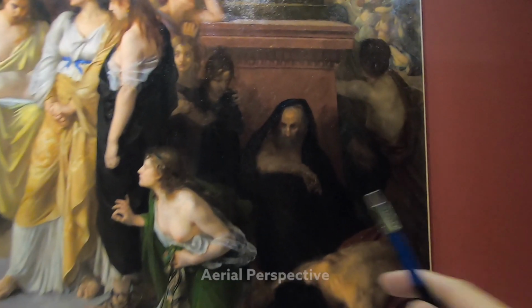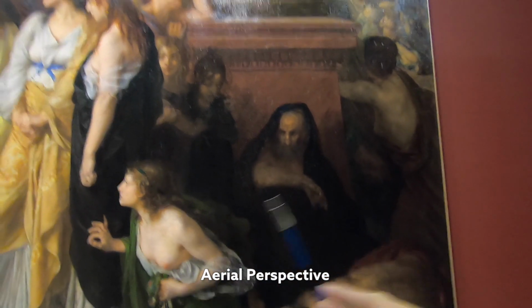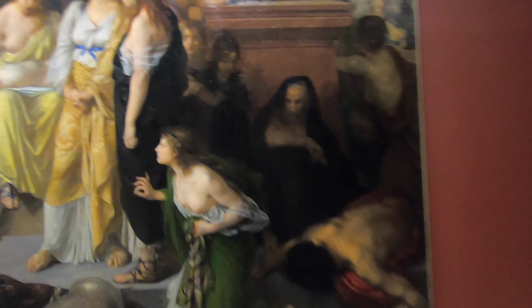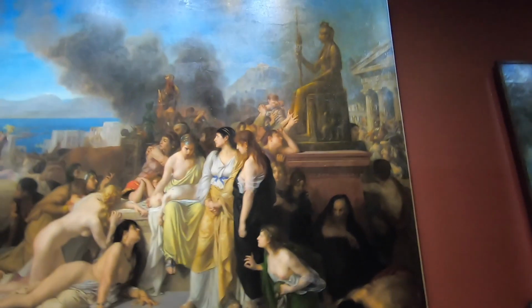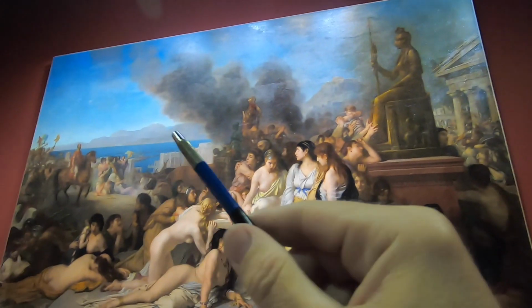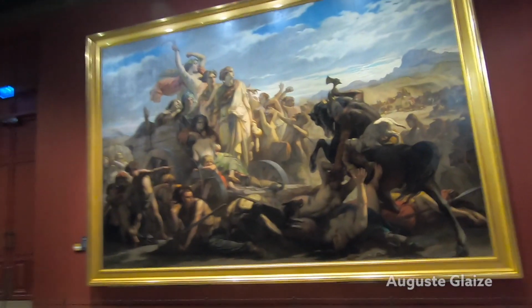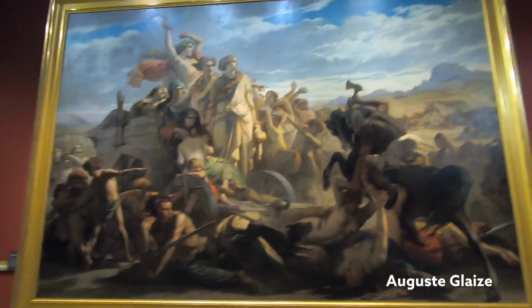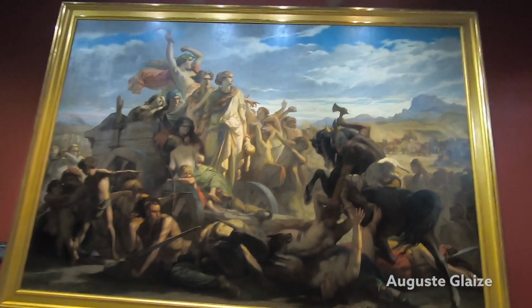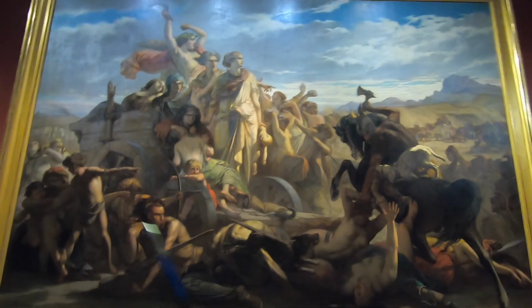These guys are faded with aerial perspective. See how they're faded into the darkness? That's aerial perspective also. It creates a nice depth. And you can also see aerial perspective in the background, in the mountains, and then in this group right here. So this last painting I'm going to show you is really, really dramatic and epic, and you can definitely see